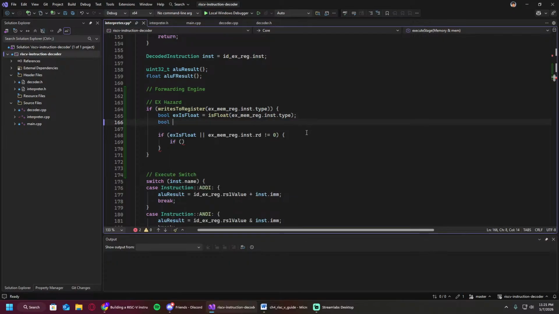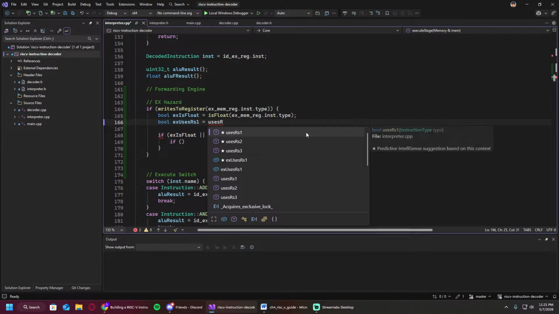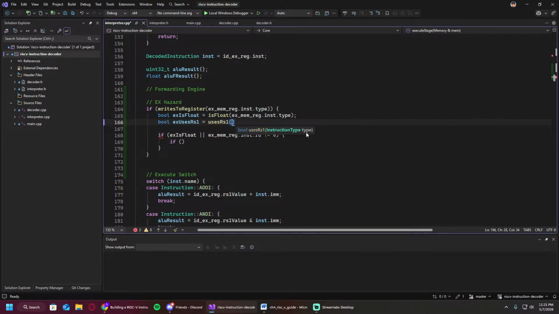I'm going to just separate the values. So x uses, it'll make it easier for me to reuse. So if x uses rs1, and we'll call that function. So if we're using the rs1 function,